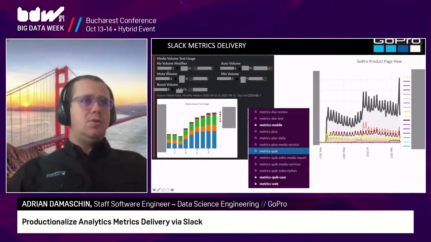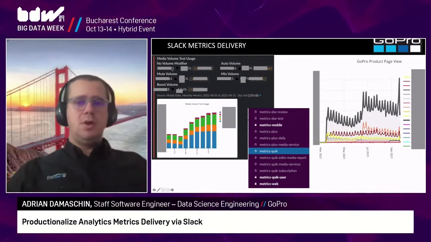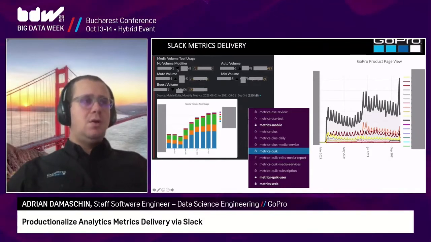We have this split into three parts. So the first one is the actual number for this reporting period. And then we have the comparison. We have a percentage comparison between previous period and the current period. We have a trend like up or down, and we have the previous number also. This can be split into different categories. So for example, we have everything on the bar chart, volume, mute, boost, whatever the case.